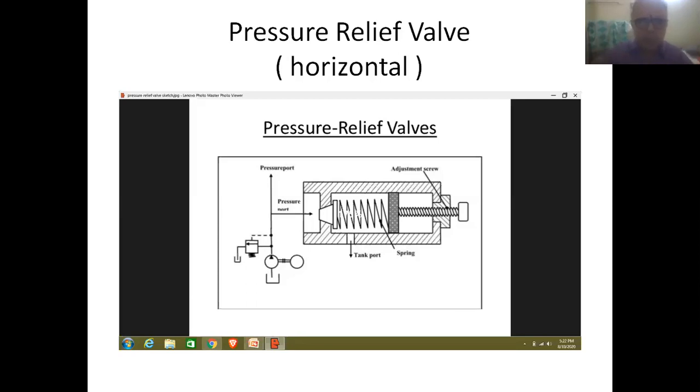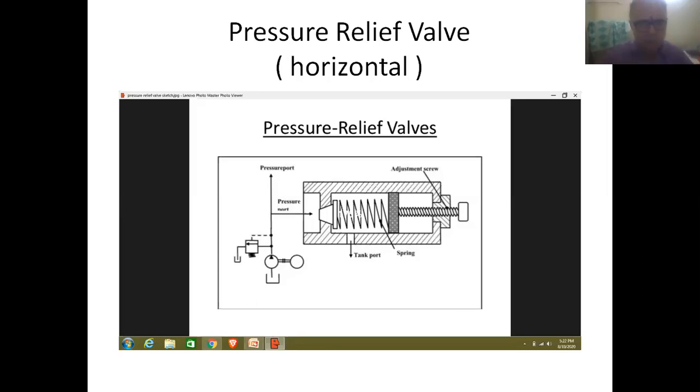So friends, this is the detailed diagram of the pressure relief valve, and this is the circuit which can be used for indicating the flow of fluid under different conditions.